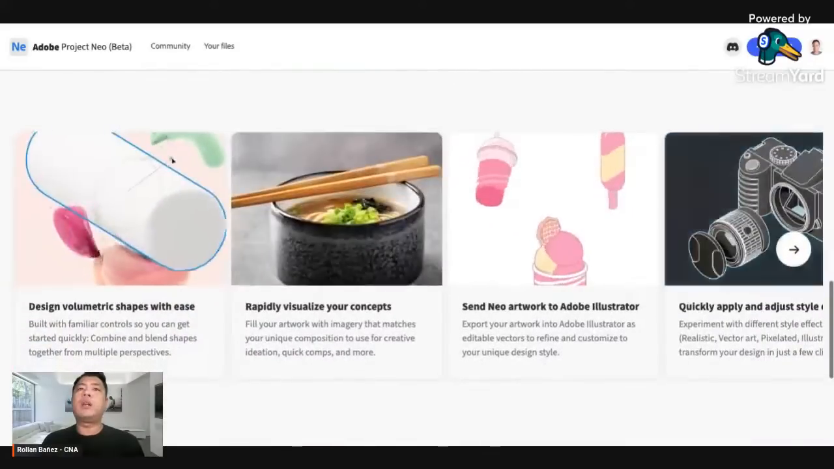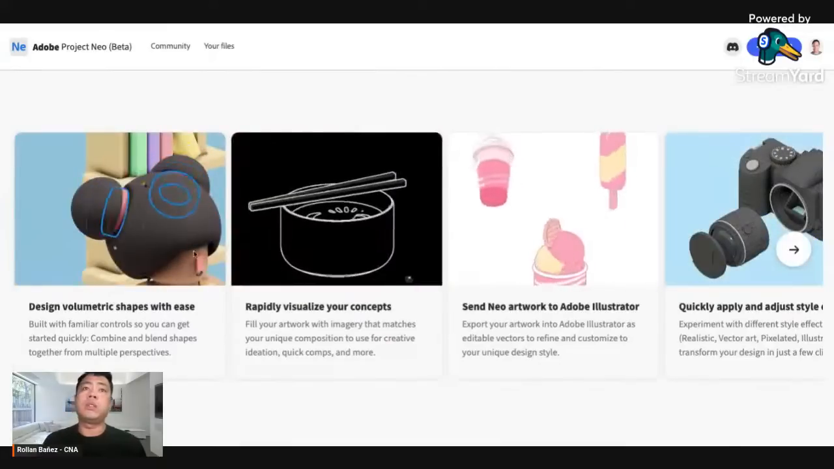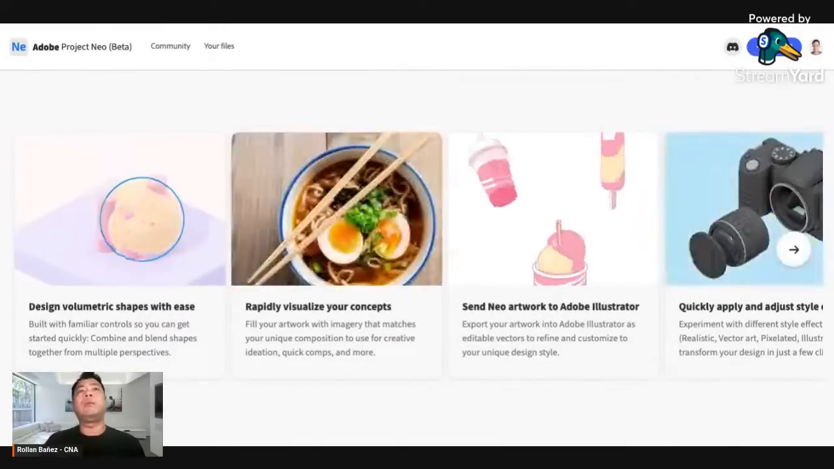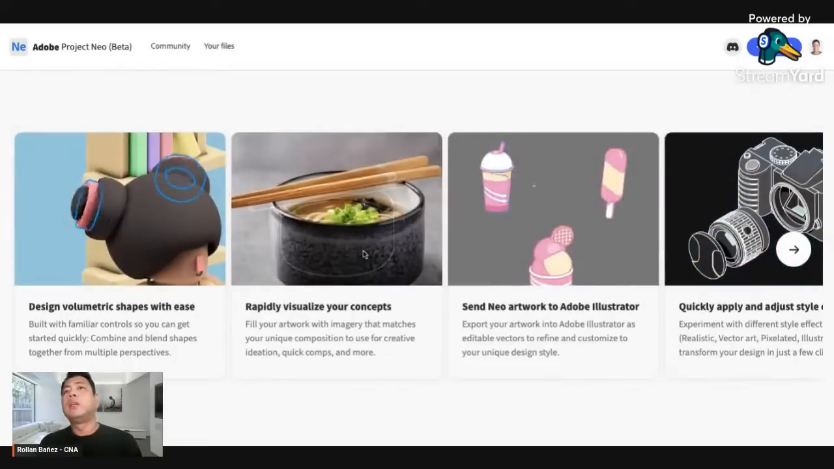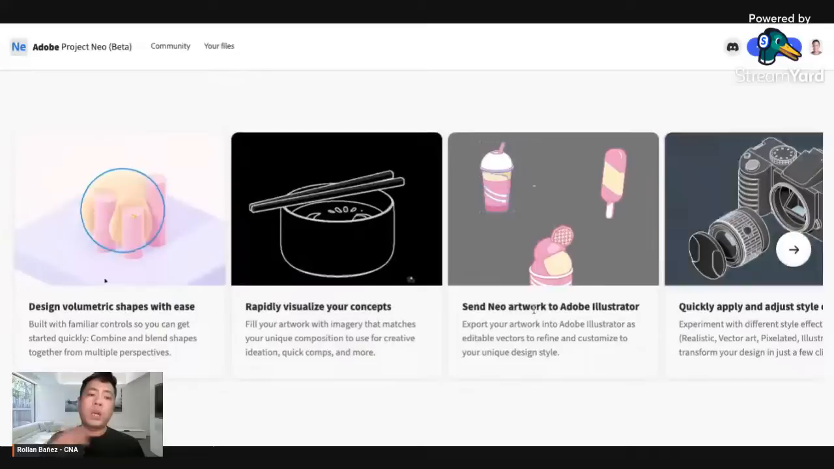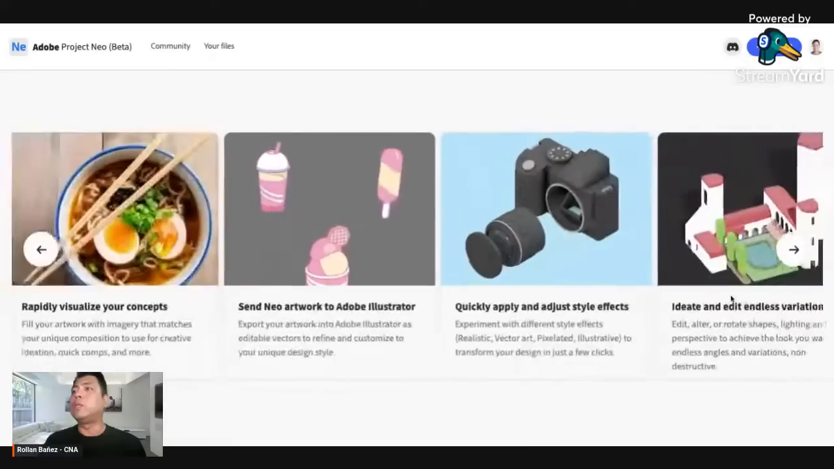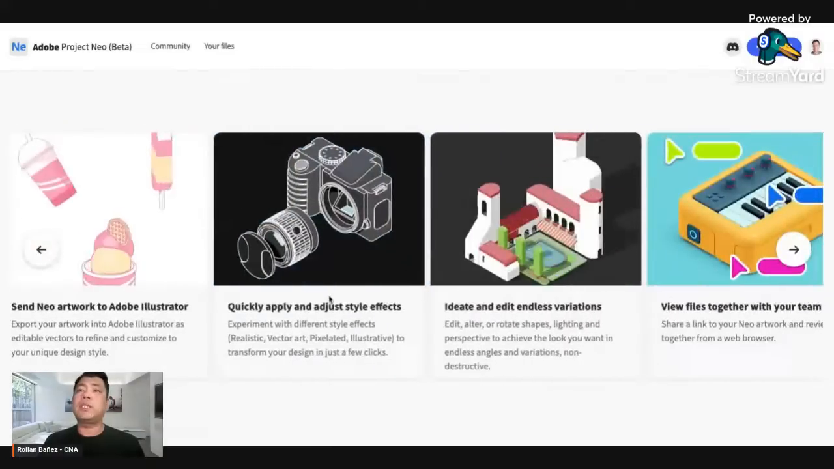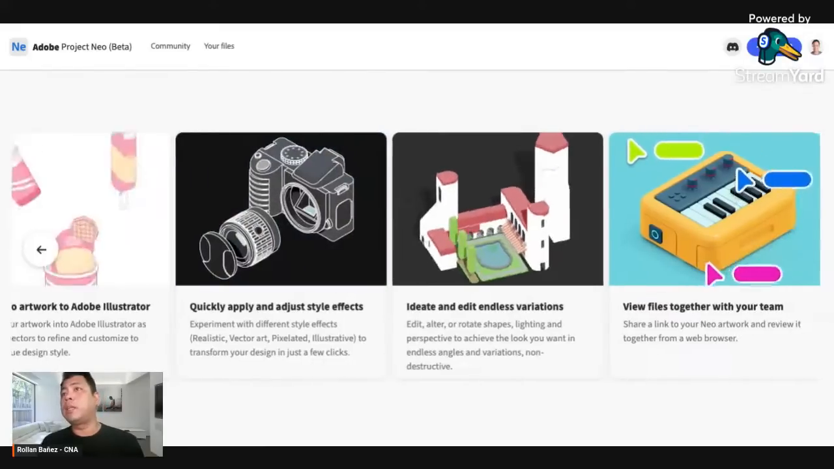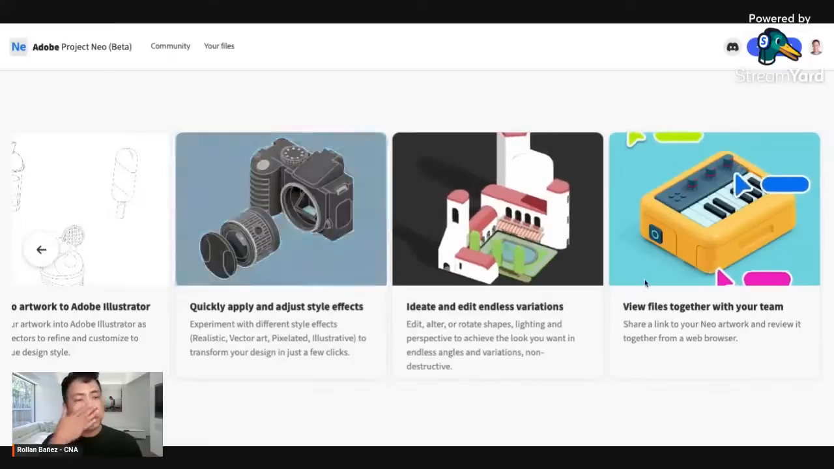And you would see there are a lot of promised features that you can use here. You can design volumetric shapes with ease because we have what we call blending. Mamaya ipapakita ko sa inyo yan. You can visualize your projects rapidly and you can send Neo artwork from Project Neo to Adobe Illustrator with ease. You can also quickly apply and style effects, edit and ideate endlessly with variations, and you can view files together with your team. Yan yung binanggit ko sa inyo kanina